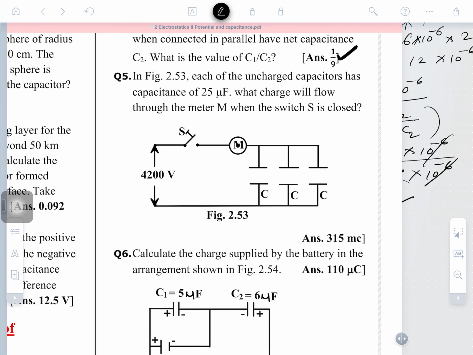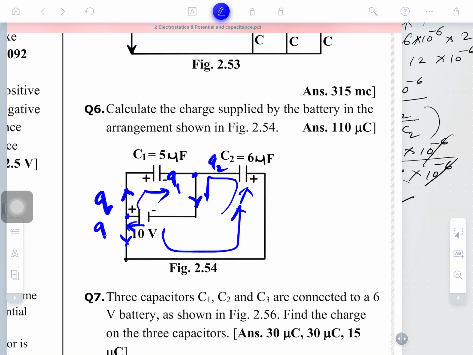Look please, this is connected with that. So the charge supplied by the battery is Q, suppose dividing in two. One charge is passing through this, the other charge is passing through this. Is that clear guys? And the charges are now coming to the junction here. So it's Q1 and Q2, both meeting here. So what we can understand is this 6 and 5 are both in parallel, as different charges are passing through them.